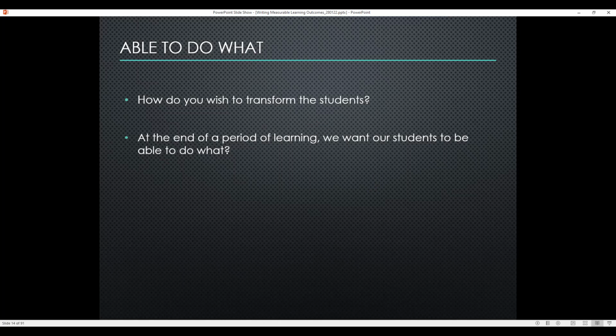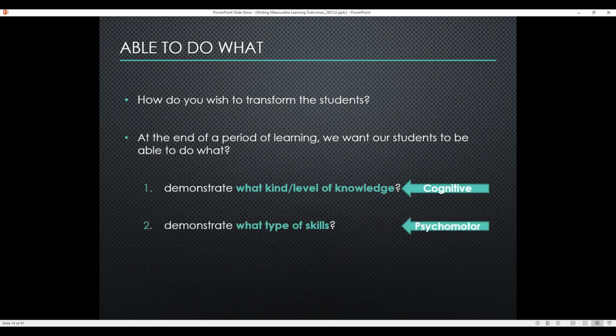So at the end of the period of learning, we want our students to be able to do what? So remember, I was telling you about period of time and what they need to do. So basically, our CLOs are generally in these 3 different ways. One is you want them to demonstrate what kind or what level of knowledge. Okay, and that's usually very cognitive. Or you want them to demonstrate what kind of skills, to be able to fold a paper aeroplane, or to be able to